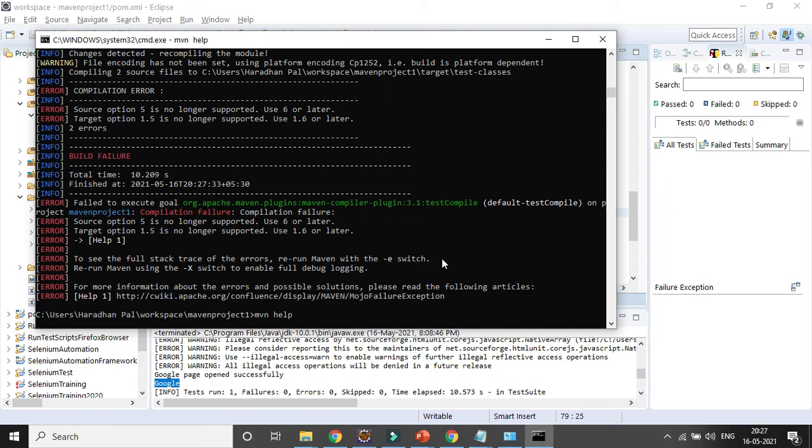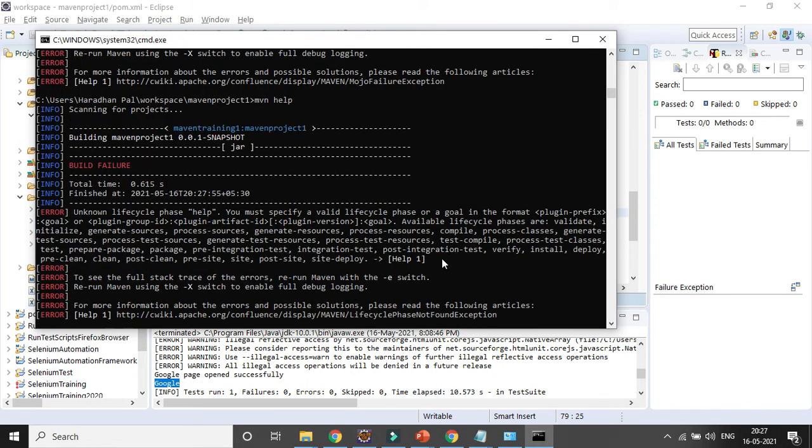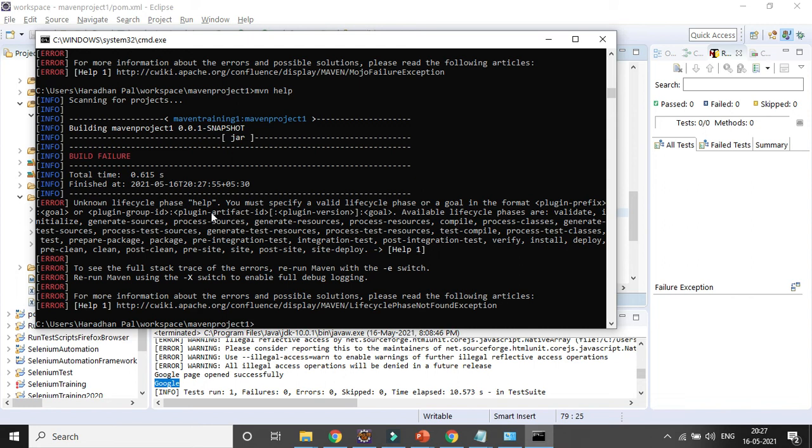Details of the error. Okay, so you can see unknown lifecycle, you must specify a valid lifecycle phase or a goal in the format plugin prefix, plugin ID, group ID. Some sort of problem is there because you already had multiple profiles, so Maven is not able to see which profile you need to run, right?